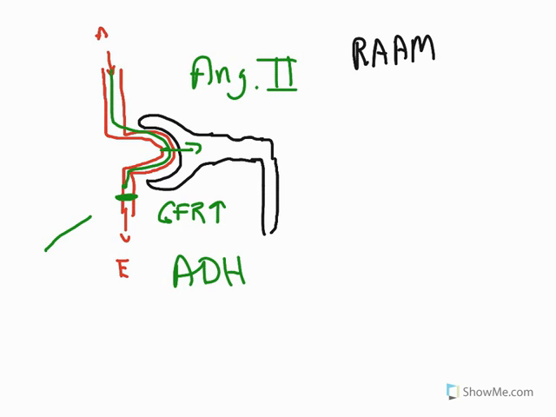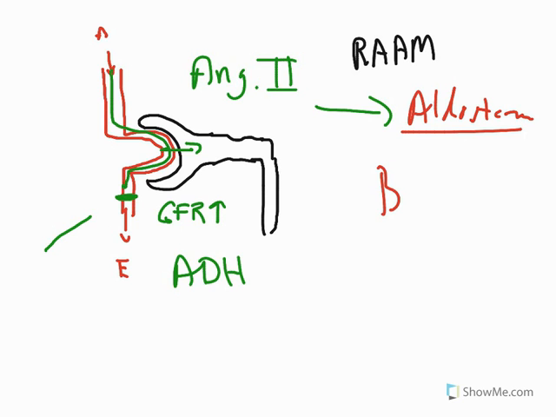Secondly, after angiotensin 2, we'll set up the cascade to release, of course, our good friend aldosterone. Aldosterone, as we know, will also increase blood pressure by retaining sodium, and this sodium will cause an increase in blood pressure, which will again increase the amount of fluid,